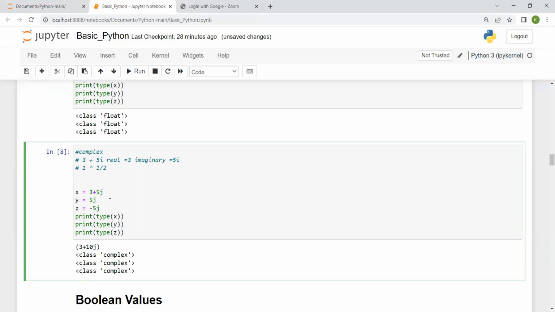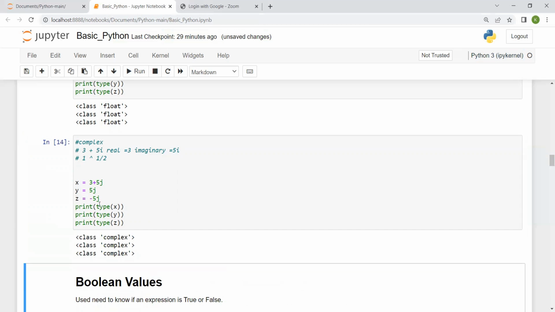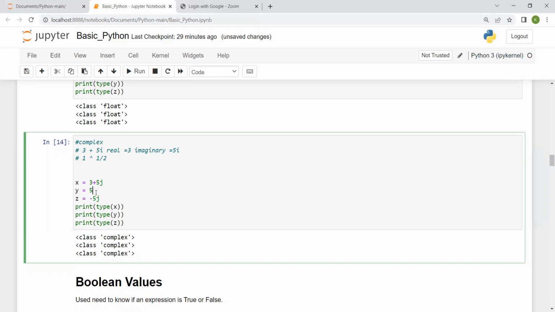As you know, in complex numbers the main thing is the fact that the real part can be missing, but the imaginary part has to be there. That means 5i or 5j, whatever, it has to be there. For example, y equals 5j. In this case, it is complex, but if I write this, it will be an integer. So that means for a number to be complex, it can consist of both real and imaginary